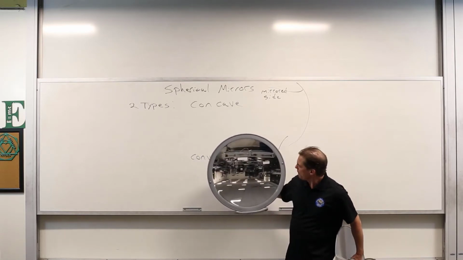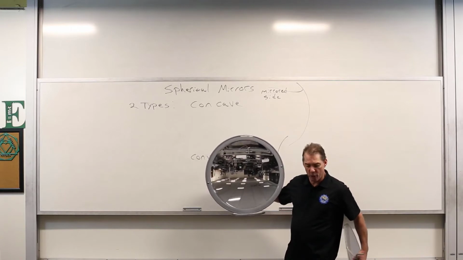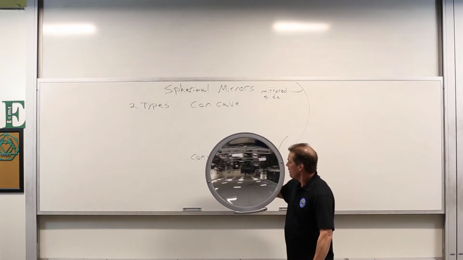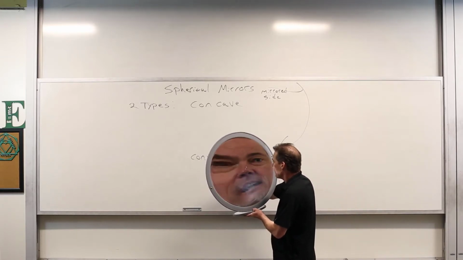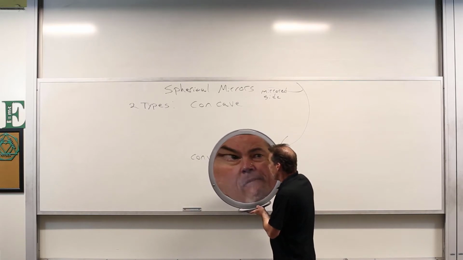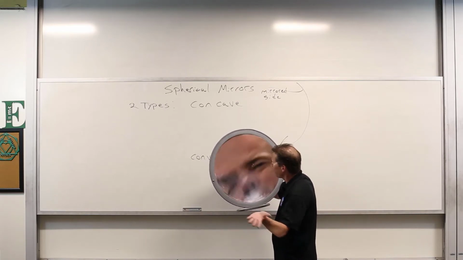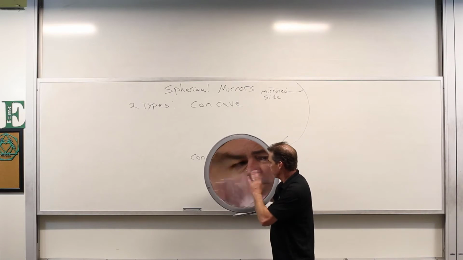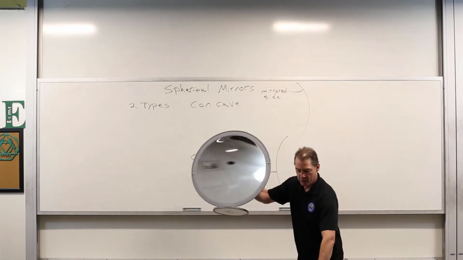You may be able to see that certain things are inverted, upside down, if you will. I can put my face in here, and if I can get you in the picture there, my face is upright. But as we showed before, hey, it just kind of depends on some things. We'll be looking specifically at this. So concave,